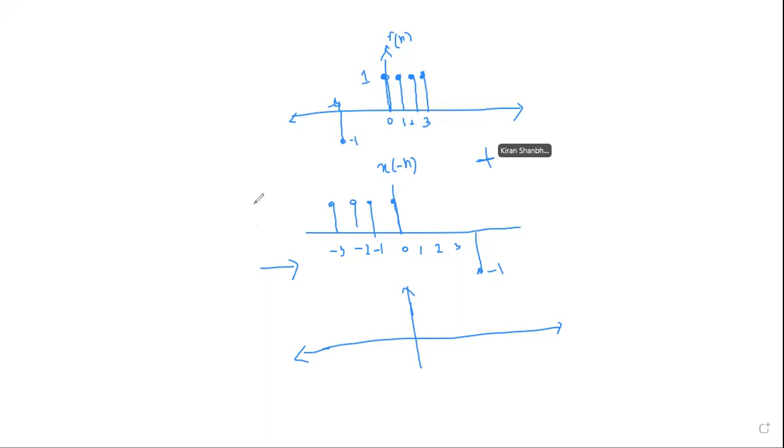Work it out in your notebook and tell me. x of n plus x of minus n. What are we getting? Are you there, Ilaf? Yes, sir. Okay. Are you trying? Yes, sir. Vasudev, Nagaraj, are you there? Everybody type a yes, by the way. Sir, I got the answer. Okay, let Ilaf try.